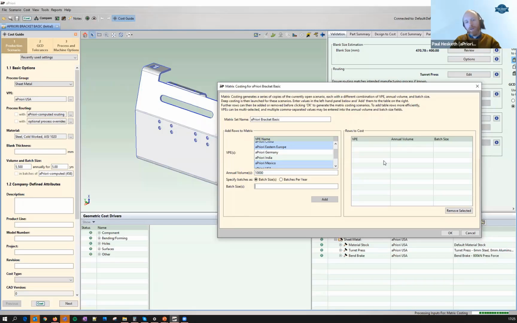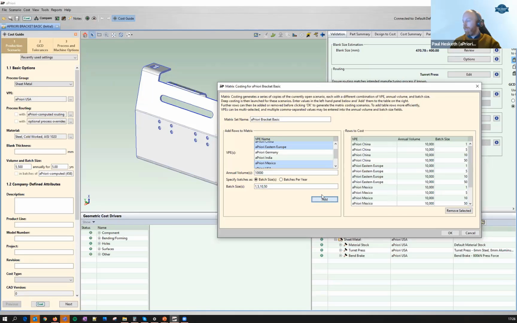So what we can actually do here, which is really useful, is comma separate the batch size. Let's put in 1, 5, 10, and 50. When we comma separate them like that, aPriori is going to build us that matrix. So we click add, and you'll see I have 16 options now available on the screen. This matrix is what we just showed in the presentation. We have each region with a variable batch size, another region with a variable batch size, and if we hit